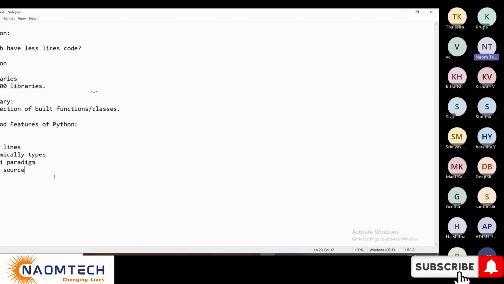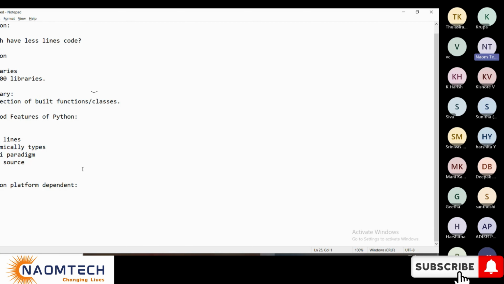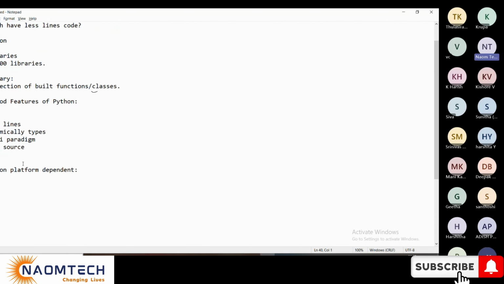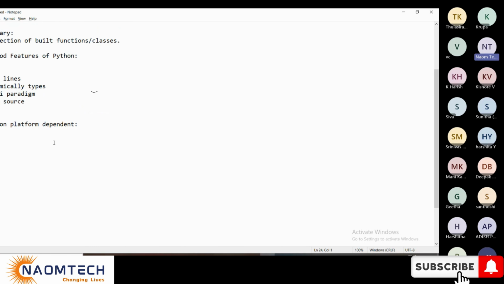Okay. Now somebody's asking about this discussion: is Python platform independent or dependent? Again, there are many questions coming from this. See, this is an interpreted language. Why is it dependent, or what is platform independent?